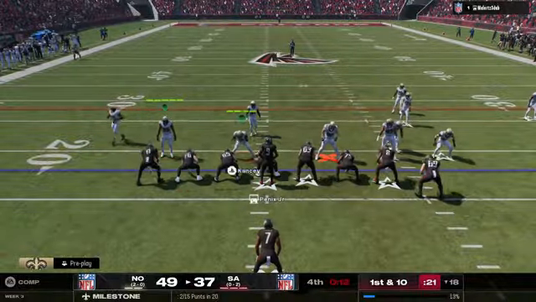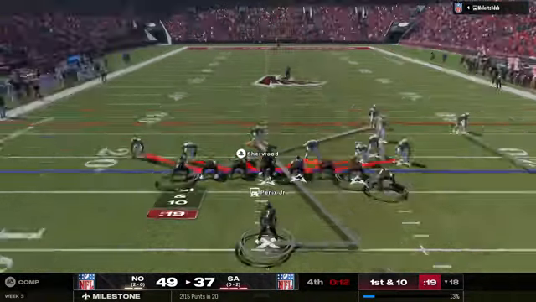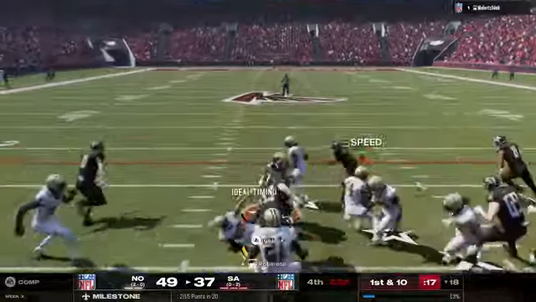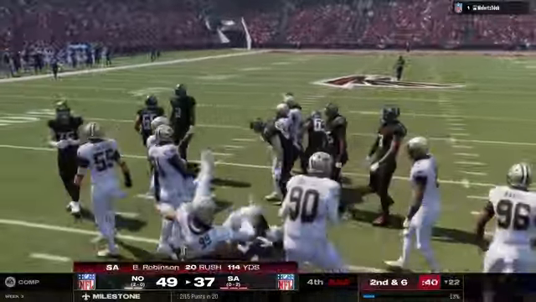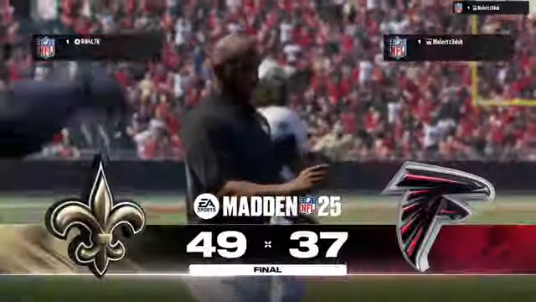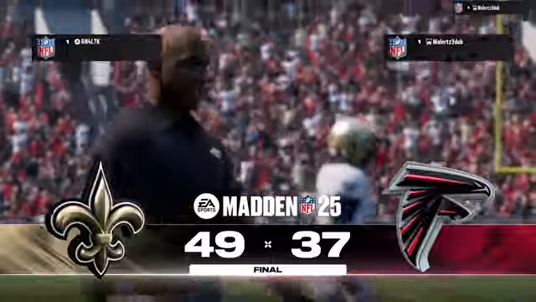This is 1st and 10. Here's Robinson. And he'll plow forward for a gain of 4 yards. So this one a win for the visiting Saints. They can